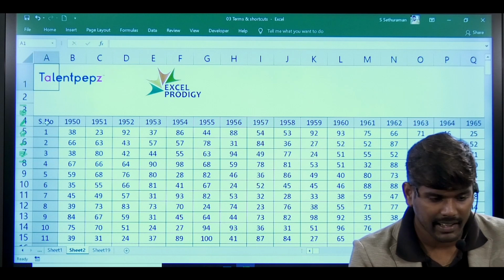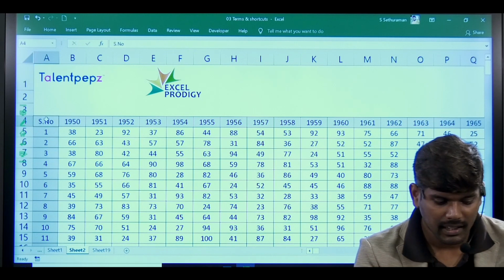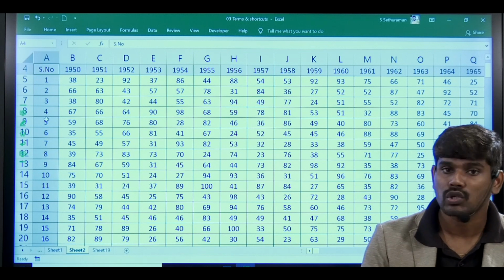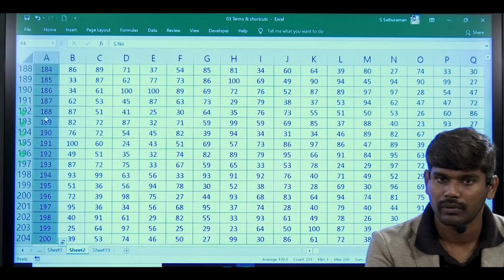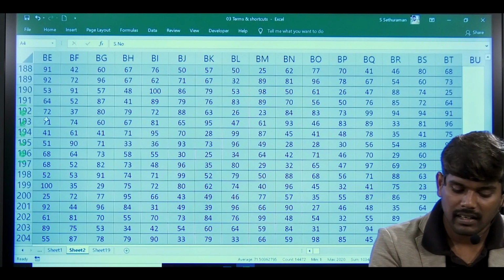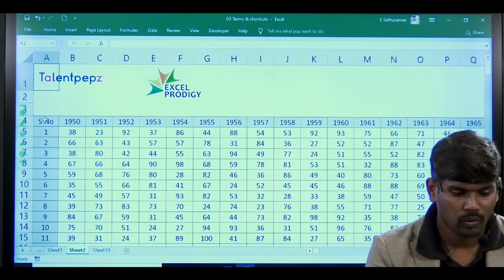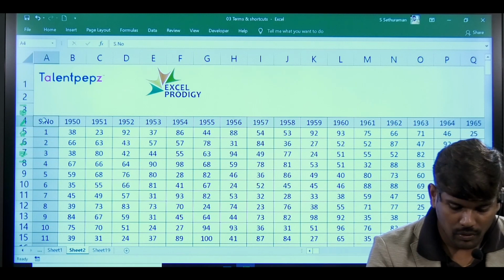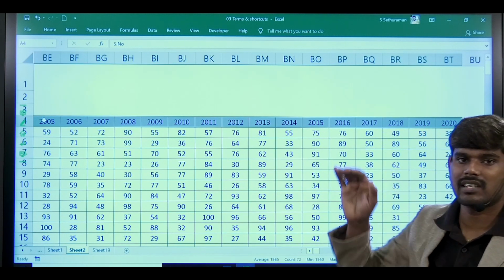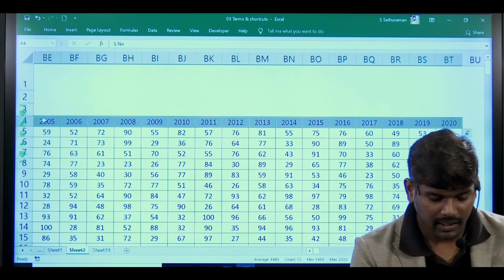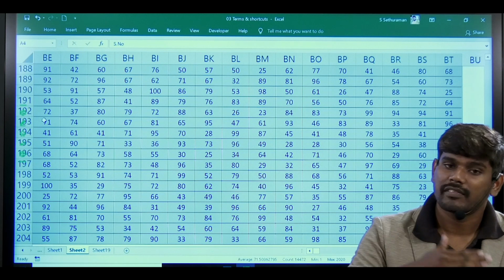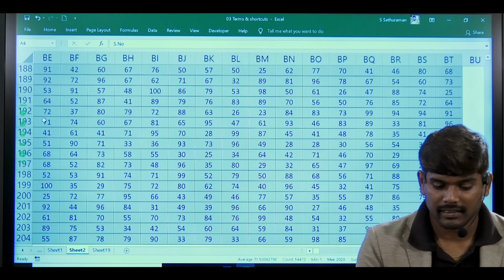I'm just doing it once again. I am clicking on this particular cell. Control Down Arrow, Control Up Arrow will work. Control Shift Down Arrow, Control Shift Right Arrow. Like that we can easily achieve it. One more time I will finish. Control Shift Right Arrow till 2020, the end of the data. Control Shift Down Arrow, Control Shift arrow keys will select the data.